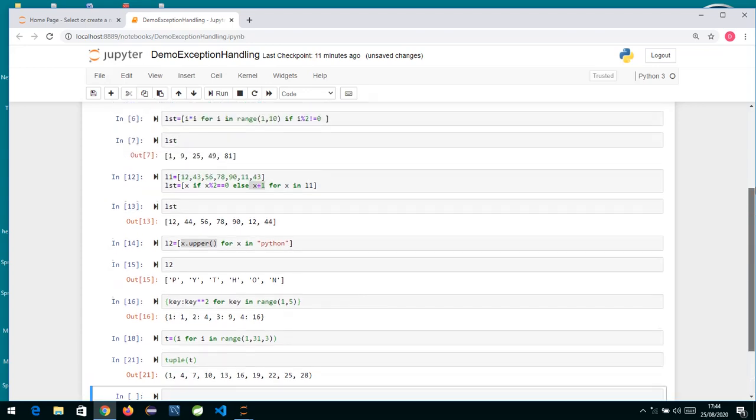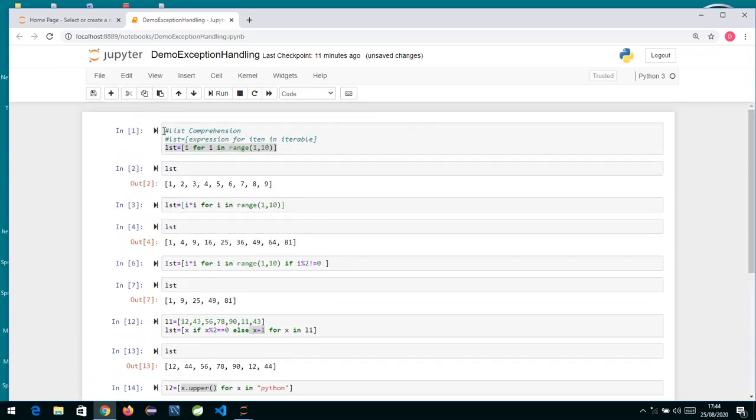So basically what we are doing in list comprehension is, for every item in the iterable, whatever loop you're using over here, for each element in that iterable type of object, this expression will be evaluated, and this value will be a part of your list, or it could be a dictionary, or it could be a set. Okay, so this is the way it will work.